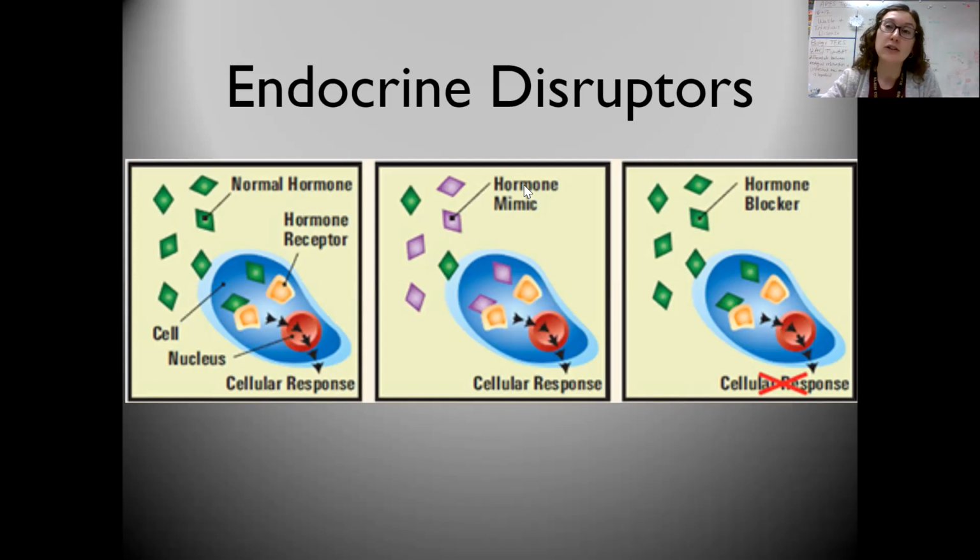So this would be an example of an endocrine disruptor. I'm having an overstimulation of a particular endocrine, and that's having an effect on the organism as a whole. Endocrine disruptors can also be hormone blockers. Hormone blockers are essentially going to put a plug on the receptor. So instead of stimulating the receptor, they bind to the receptor and block the actual proteins that should be binding to that receptor, which will not be able to adhere to it. So we have a decrease or a ceasing of that response. Again, very detrimental to an organism, since many of their body processes rely on these hormones being in balance.